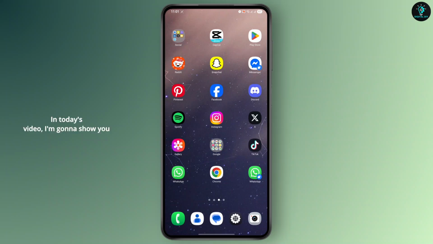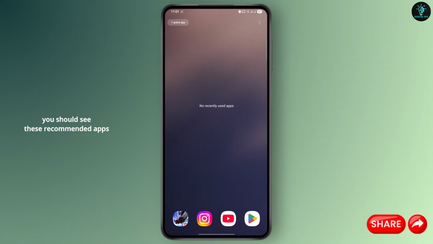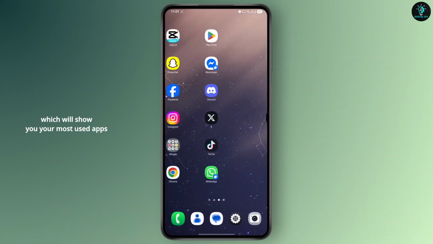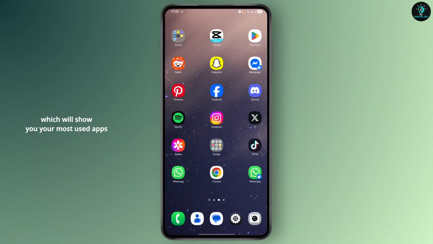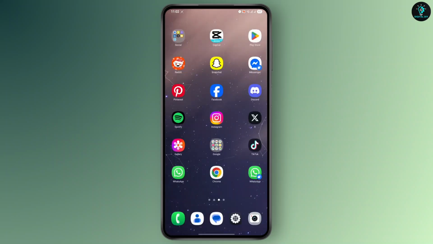In today's video, I'm going to show you how you can easily turn off the recommended apps on your Android device. So what I'm talking about here is, if you go over to your recent apps, you should see these recommended apps on your bottom dock, which will show you your most used apps or recently used apps. Now, if you don't want to see this when you go to your recent apps, then in that case, there